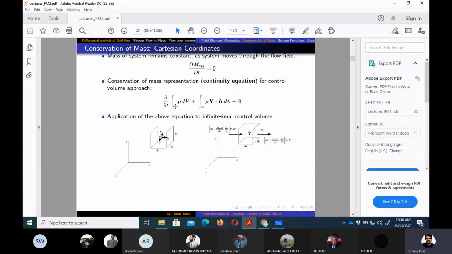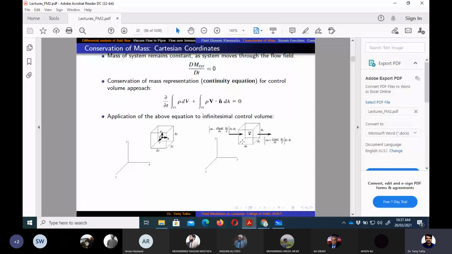In that we have got two terms. The first term, if you can see it on your screen, is the time rate of change of the mass within that control volume, and the second term is the inflow and outflow of the mass through that control volume. Now if we consider a Cartesian coordinate system,